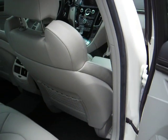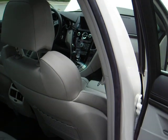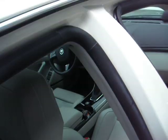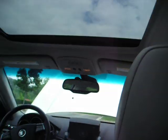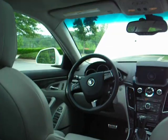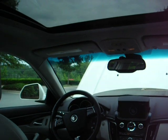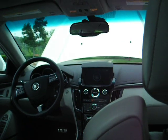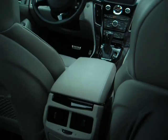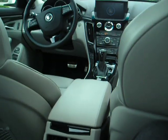The back seats are actually pretty roomy. This seat's set back pretty far right now to facilitate a large person feeling very comfortable in front. The only issue I've got in the back is the head clearance is not great. I'm 6'3" and my head is on the ceiling. But 6'3" people should not be made to get in the back of this car. Anyway,